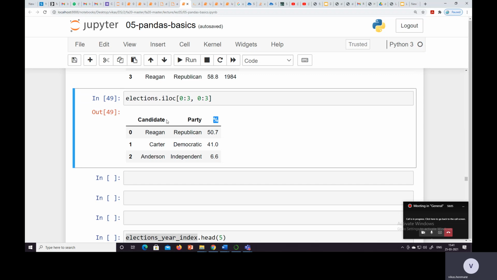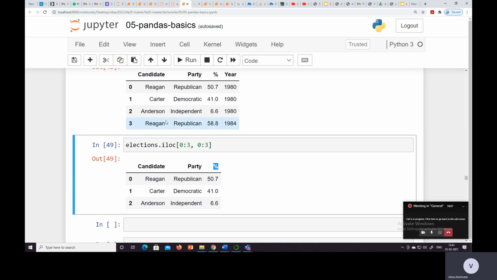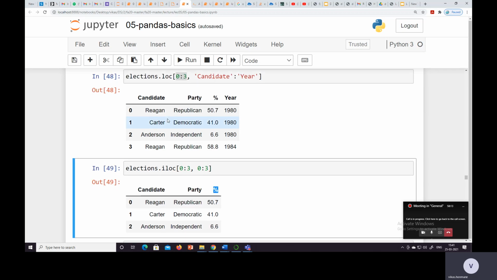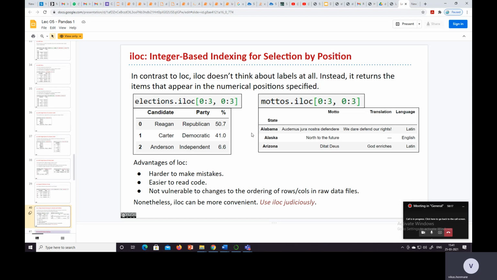It is exclusive. This can also be a question: what is the difference between loc and iloc? loc is inclusive, and iloc is exclusive. So elections.iloc 0:3, 0:3 will display the first 3 rows 0, 1, 2 and first 3 columns 0, 1, 2.